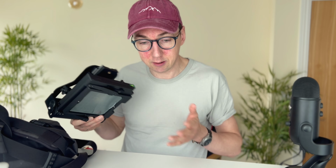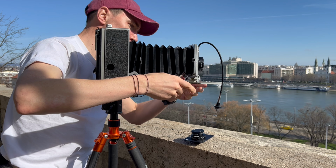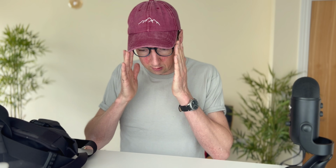Reason number one, as you probably know if you've ever shot with a 4x5 camera, 4x5 cameras are slow, and so you're going to get fewer shots in X amount of time. And number two, you're not going to get natural spontaneous photos from a subject when shooting with 4x5. For this reason, faster, smaller cameras are better, and my kind of criteria for going to the Czech Republic were,